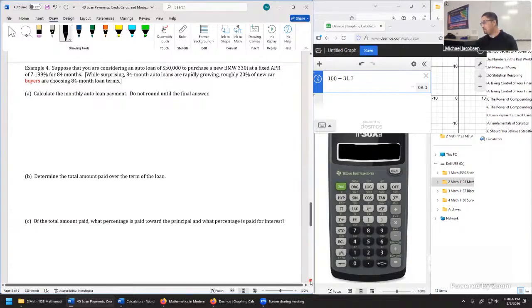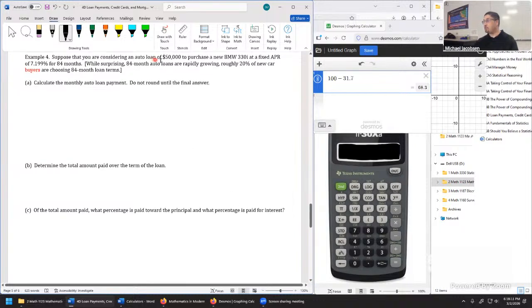It says, suppose you are considering an auto loan of, let's just say 50,000 even. Probably they're going to bump up that loan a little bit higher. Well, let's suppose it comes out to $50,000 to purchase a new BMW 330i, beautiful car. So I can see the temptation. It's going to be at a fixed APR of